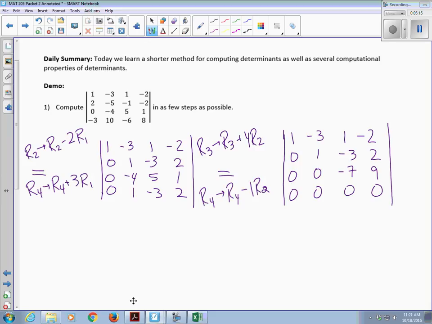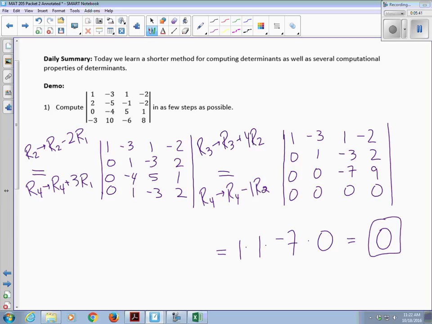What's the determinant? 0, yeah, because I now have this in echelon form. I have a triangular matrix with zeros underneath the main diagonal. So my determinant is the product of the diagonal entries. So the fact that the determinant is 0 here